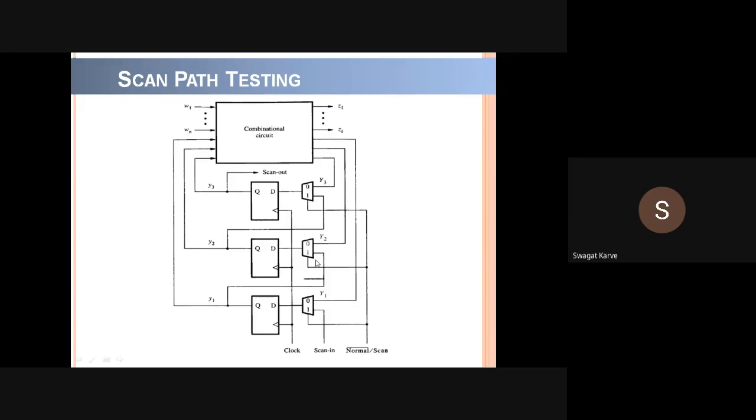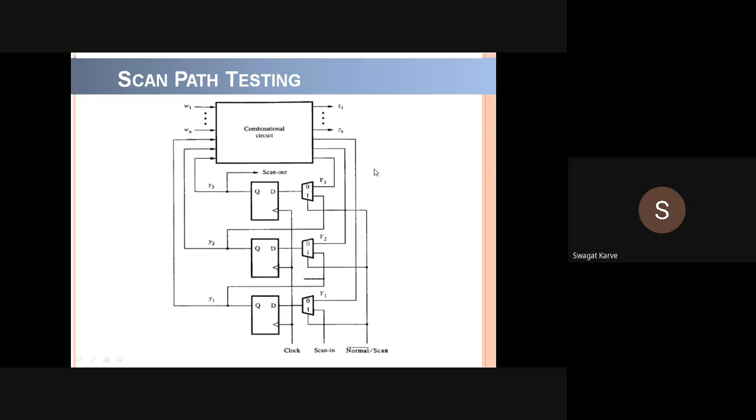Now again, the third step is to enable the scan mode again. That means this mux gets enabled, and you have already passed this data into the D flip-flop. So you are able to observe this data at the scan out pin. You can observe this data at the scan out pin, right? So this is how you can go for this